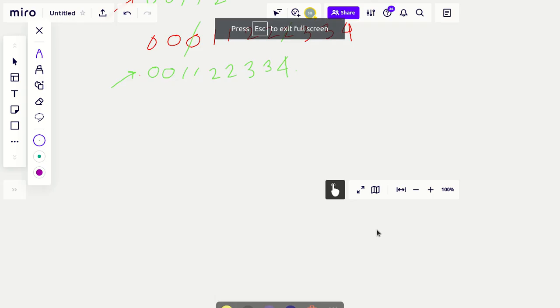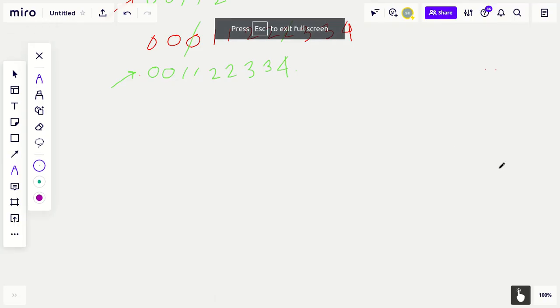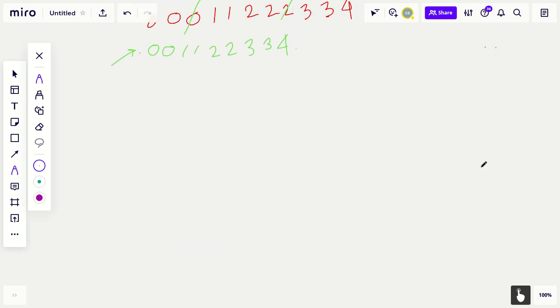If you remember the previous problem, we take two pointers i and j. i will keep track of the last unique element that we have found, and the job of j is to find the next unique element that we are going to encounter.